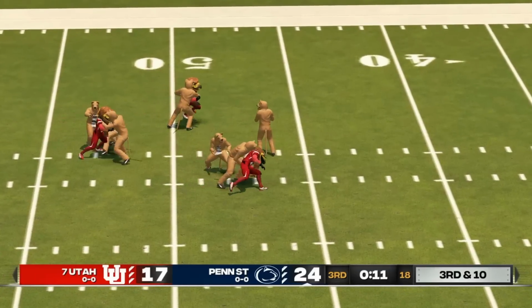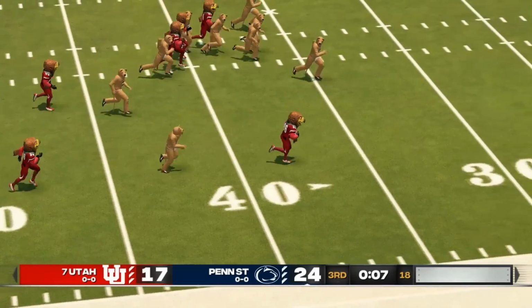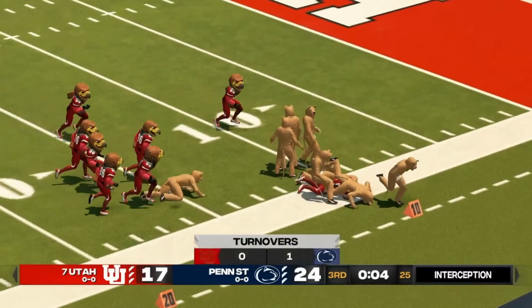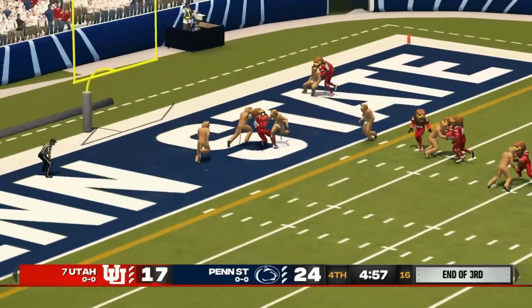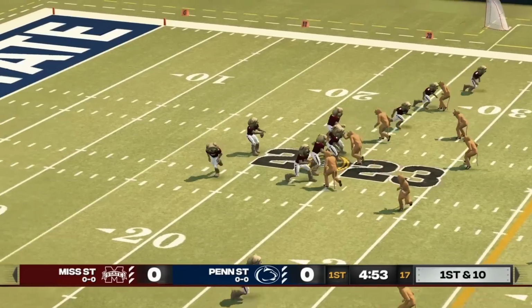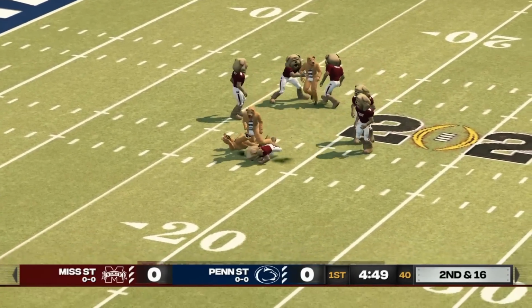In the other matchup, the Nittany Lions seemed to have a slight edge until their quarterback threw this interception, which the Utes would take all the way down to the Penn State 12-yard line. They would go on to tie the game up with this throw, but they still managed to blow it and lose in the end. So now the Mascot National Championship was set between the Nittany Lions and the Bulldogs, and